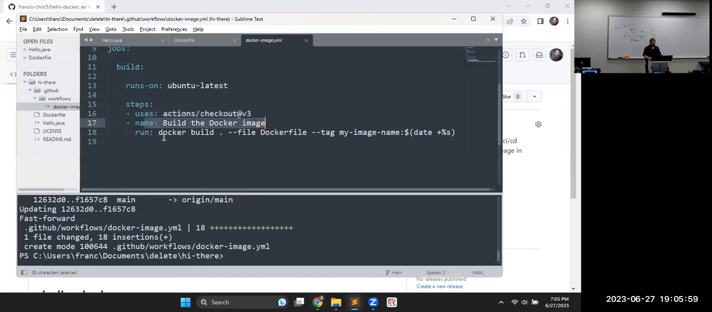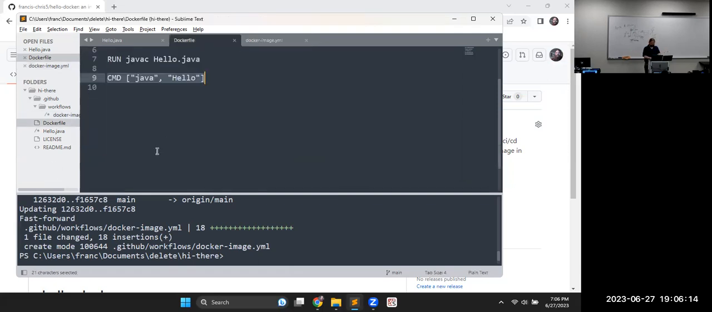Give it a name, build the Docker image, sounds like a good generic name, and then the instructions to build. So I'm going to save that. There's nothing to commit. We didn't change anything. We just looked at the stuff here, right? So I'm going to push it back to the repository. Git push origin main,